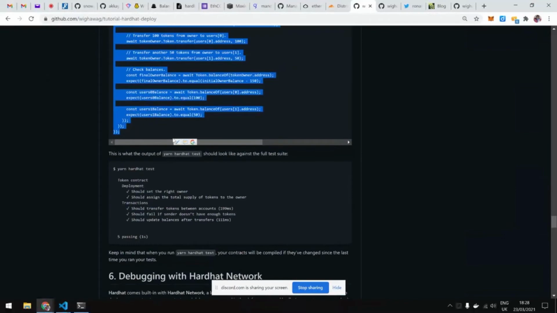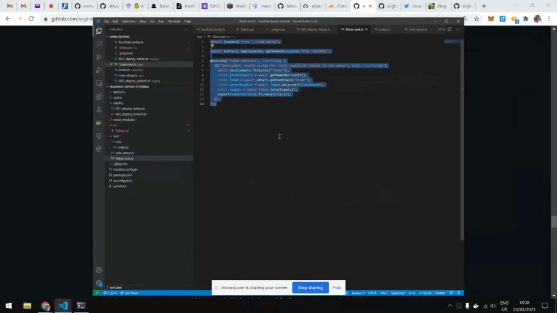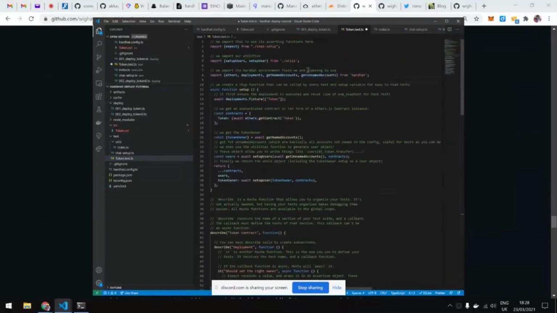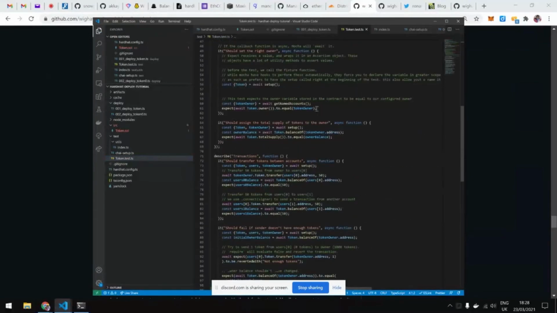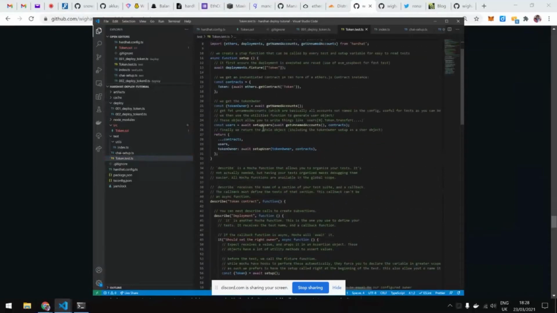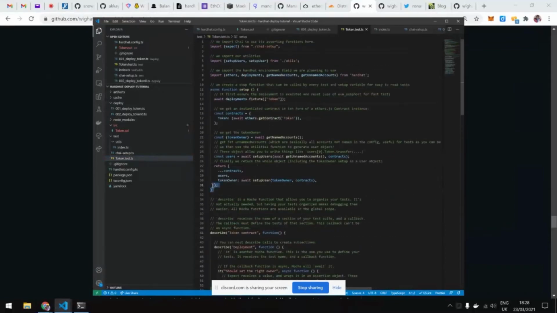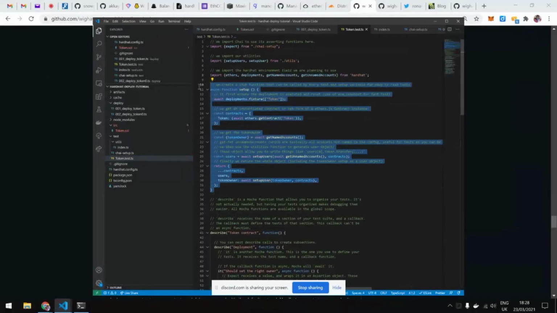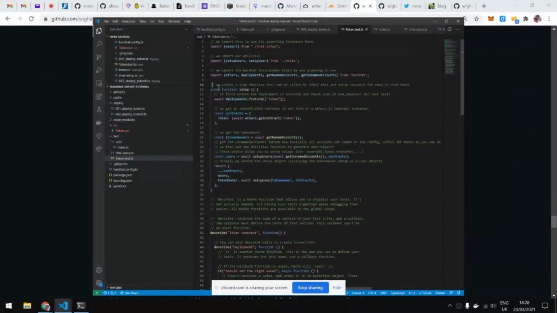So this is the full test suite for this particular token. Again, all is in TypeScript. It adds a comment about what it does. But let's see, for example, the way I set it up usually, again, this is some style that I don't know if everybody will agree with, using Mocha. Mocha has these hooks, before each, etc. I personally don't like them because they force you to have a global let instead of const.